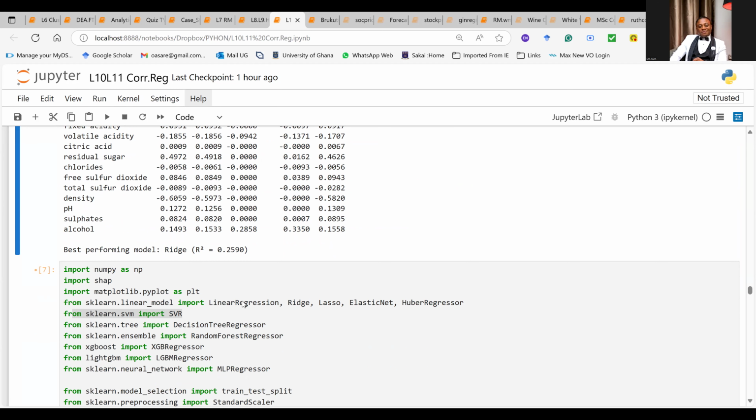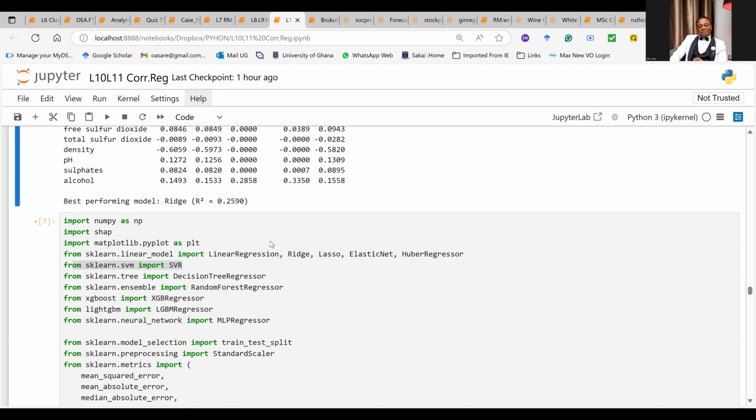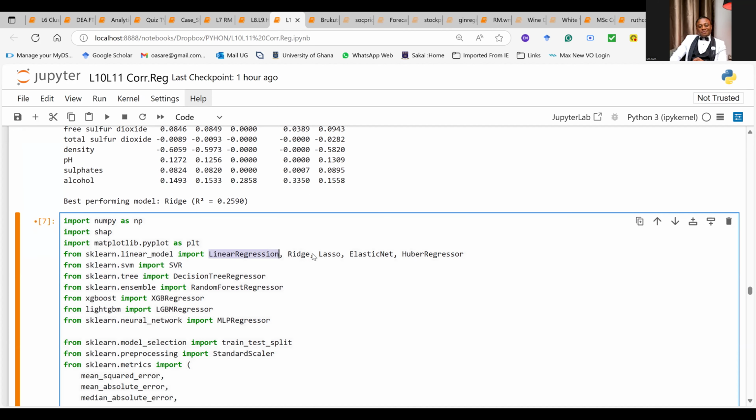Sometimes, there was one of my students I'm supervising, I said she's going to run 15 models. He said, you don't need to, because these models are here already. Look at how many models you've done. Regression is 1, Ridge is 2, Lasso is 3, Elastic Net is 4, ARD is 5.